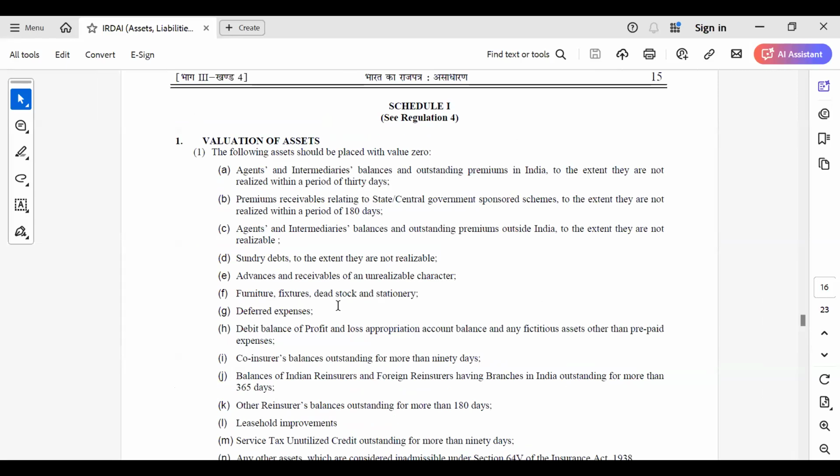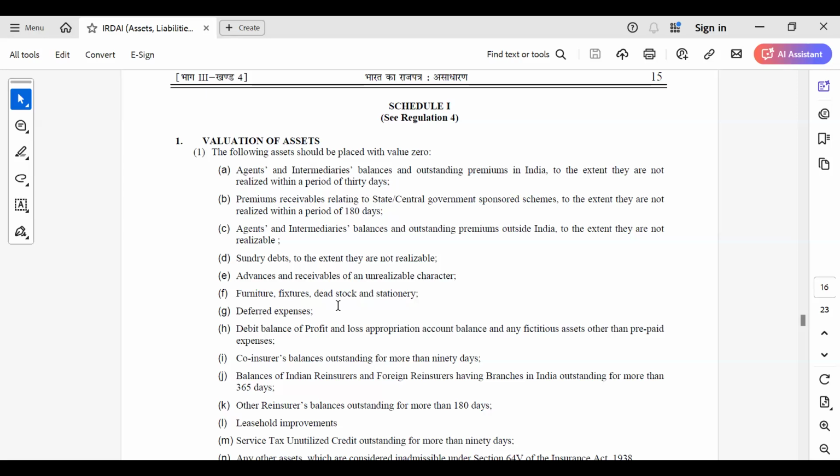In solvency, we see the ratio analysis also: ASM divided by RSM, available solvency margin divided by required solvency margin. So we have to see the calculation of ASM and RSM. Available solvency margin, in common language, we can understand as the net worth, with some modifications in the calculation that we will discuss here. ASM is net worth, and RSM is calculated by a specified formula. So we'll first discuss the ASM.